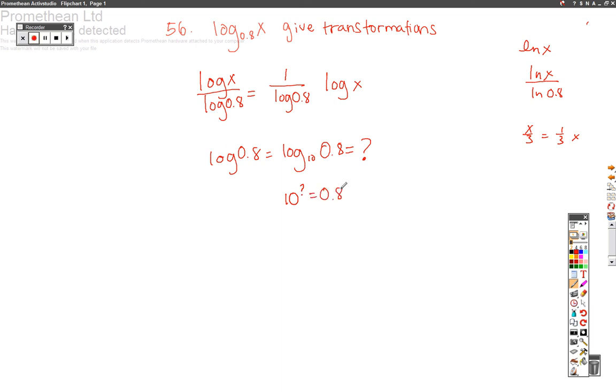gives me 0.8? Well, if I do 10 to the 0, that gives me 1. If I do 10 to the 1, that gives me 10. If I do 10 squared, that gives me 100. My numbers are getting bigger and bigger. So this question mark cannot be 0, and it cannot be a positive number. What if I did 10 to the negative 1? Well, that gives me 1 over 10 to the 1, which gives me 0.1. If I do 10 to the negative 2, that gives me 1 over 10 squared, which gives me 1 over 100, which gives me